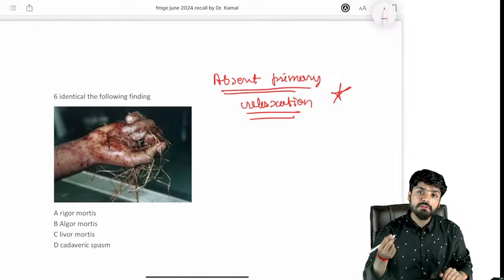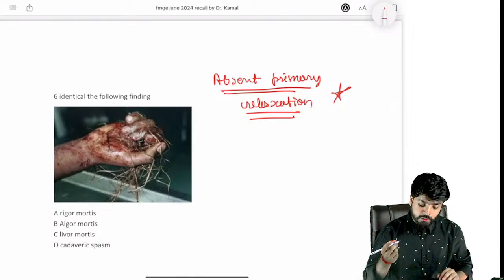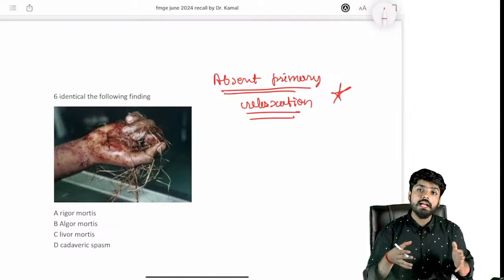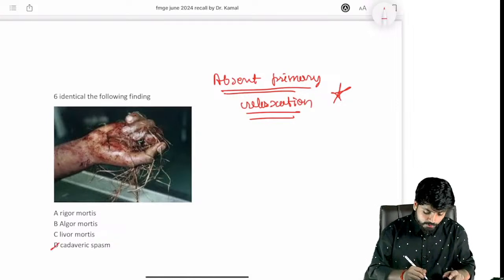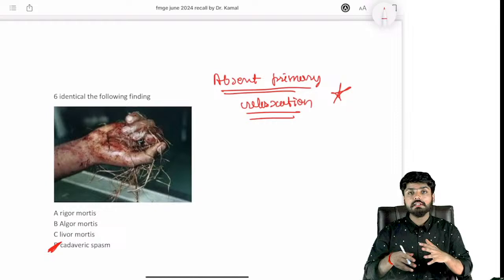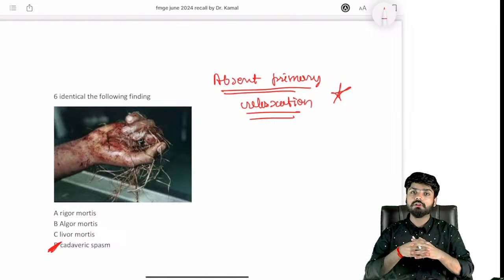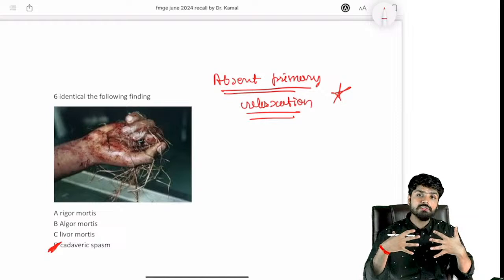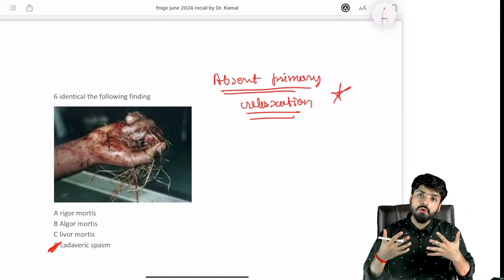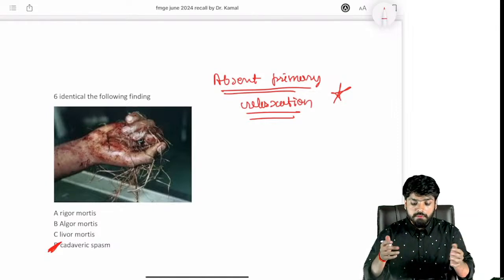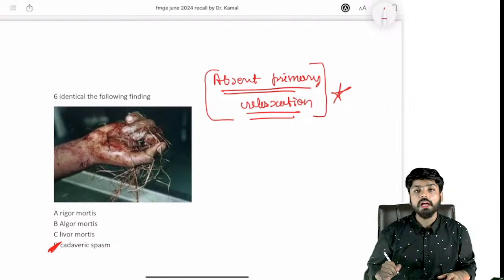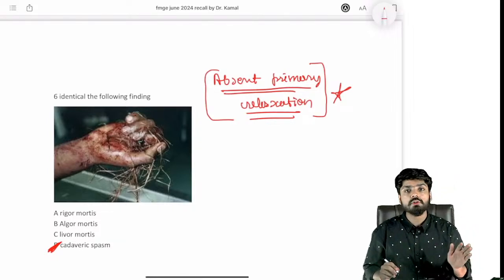Why I am telling this specific thing is because of what we have to differentiate it from, that is rigor mortis. It is a cadaveric spasm that we are talking about in this question. But the other thing we have to talk about is rigor mortis, or the spasm when a patient dies. It's a sequential spasm that happens in all of the muscles of the body. How do we differentiate it? By the absence of primary relaxation. In cadaveric spasm, there is no relaxation.